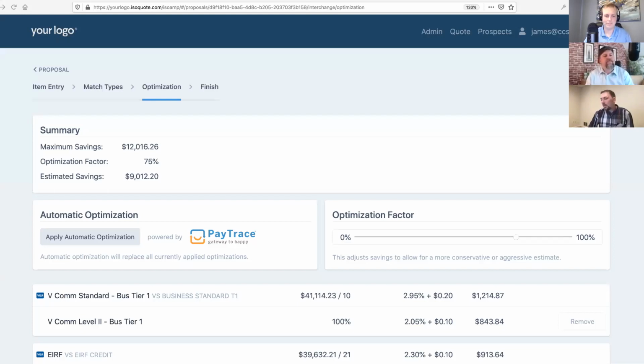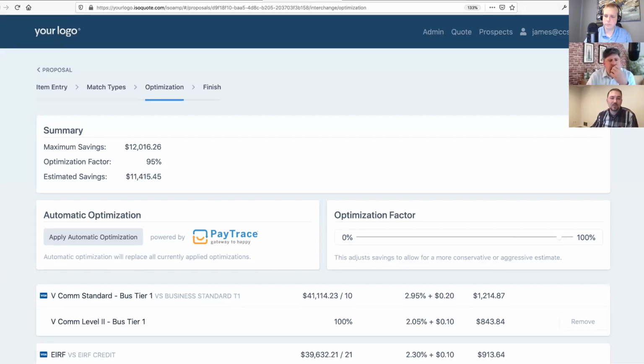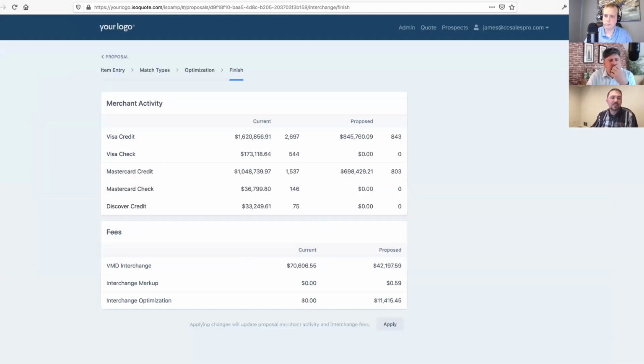So now we're at a point where we have all the information here with the optimization. And so now we're ready for the last step, which is really a pretty simple step. I'm going to put it back up to 95% here, and we're going to go to our final step. In this final step, it's going to show you, now this is again a little bit of skewed information at the bottom, simply because we only entered 7 of the 160 interchange categories. But the idea here is it's going to itemize and show you exactly what the new interchange is from the actual interchange table. So you entered it all, you might as well get it exact.